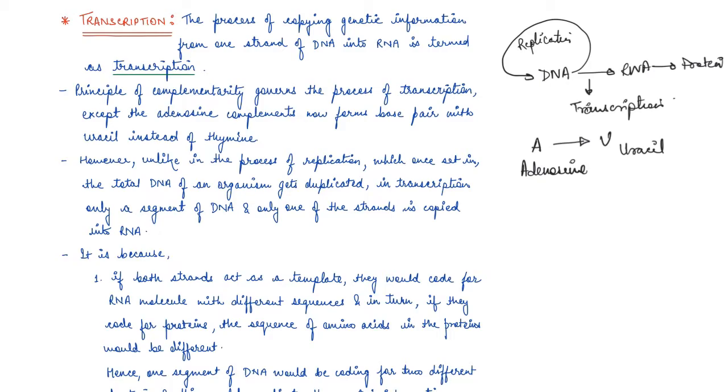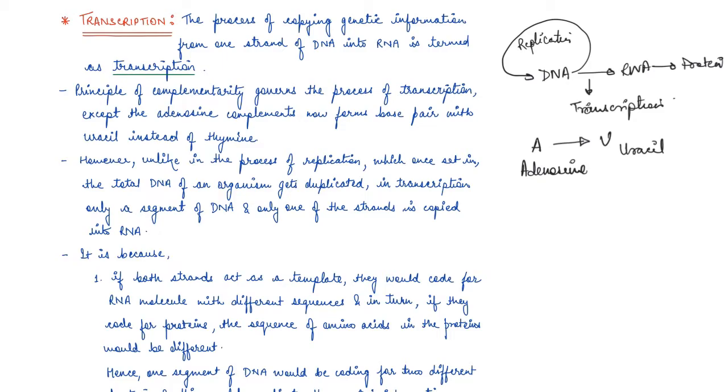The other thing is that if two RNA molecules are produced simultaneously, they would be complementary to each other, so that would form double-stranded RNA. If we have a double-stranded RNA, then the RNA would not get translated into protein. So the entire process of transcription would be of no use, because you cannot make protein out of double-stranded RNA. RNA is always single-stranded. So that is the reason why you have transcription in just one strand, not in both the strands of DNA.